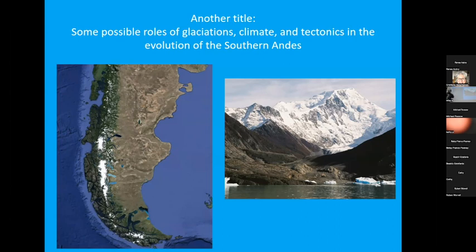Another alternate title of today could be how different things affect how mountains develop and change and evolve over time. The possible roles of glaciers, climate, tectonics. Obviously, tectonics is needed, right? You're not going to have a mountain get high without plate tectonics and mountain building. And how this causes the evolution of the Andes. So this could be another title. Another title could simply be, similar to what I wrote, how what goes up either stays up or erodes down.